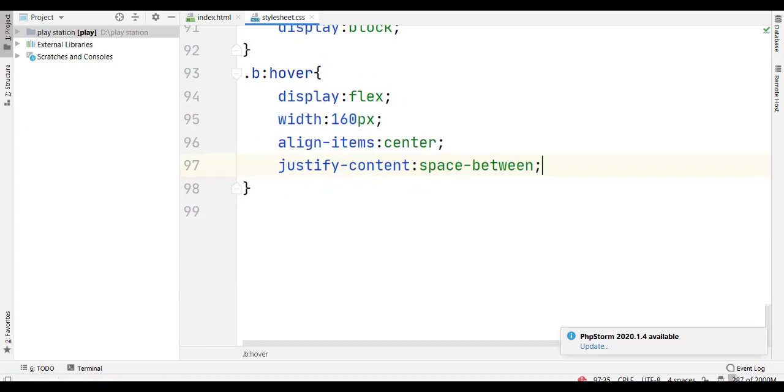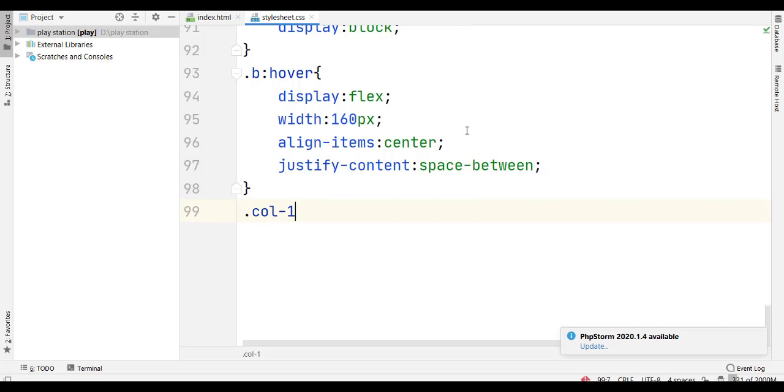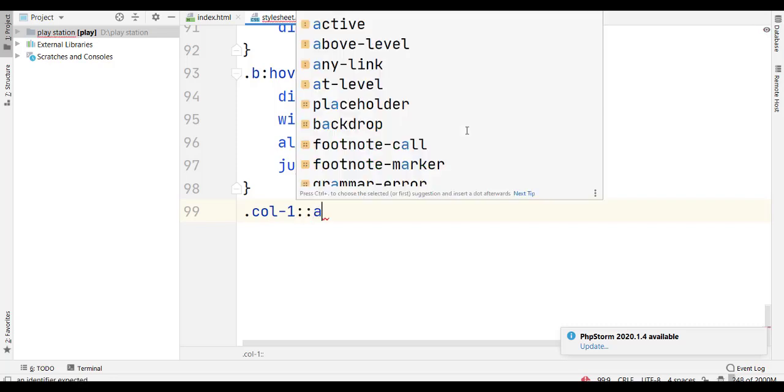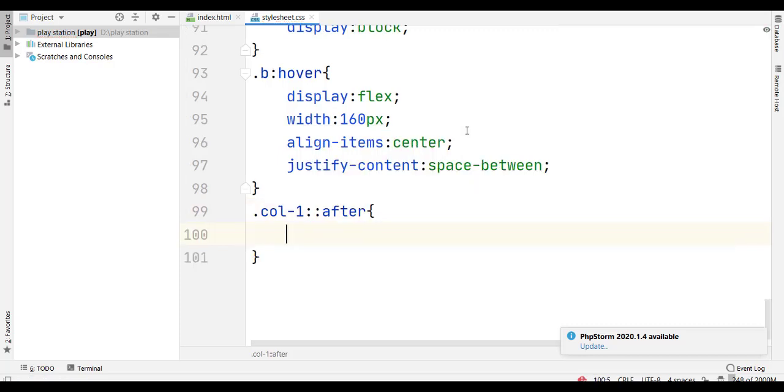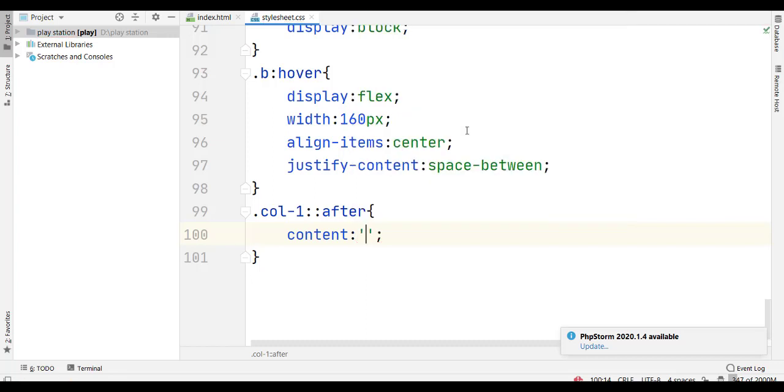So we are going to go to the back of the image. I'm going to show the last part, and then I'll show you what we've made so far, because I think you're eagerly waiting to see it. If you've written the code till here, you can just write it. So colon after, and here I'm going to add a content. As I told you, I'm going to write width 10 pixels,